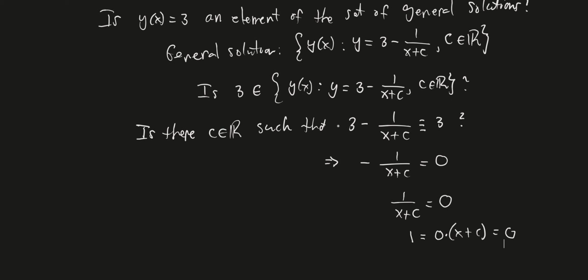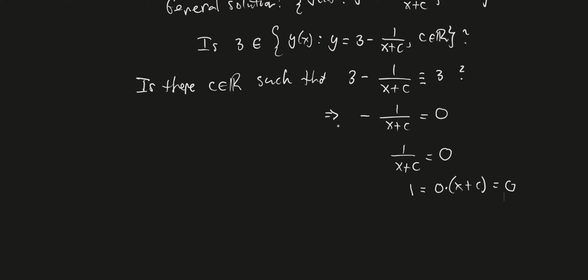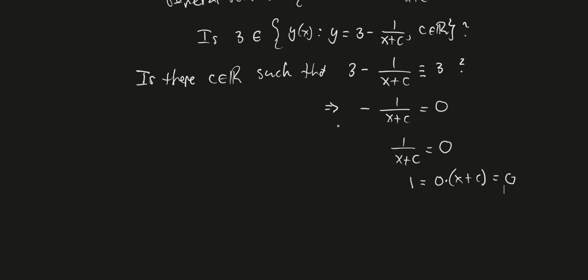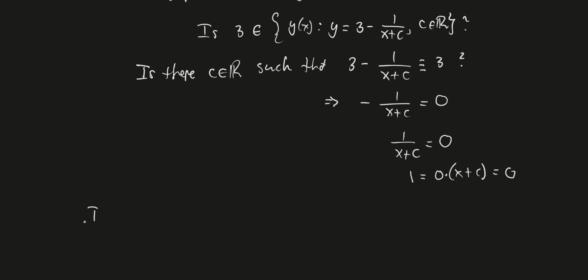So let's write down that definition. So if there is no value of c. Again, remember, this is our free variable. This is the constant that we choose, or obtain, in order to get a particular solution. But if there is no value of that constant,